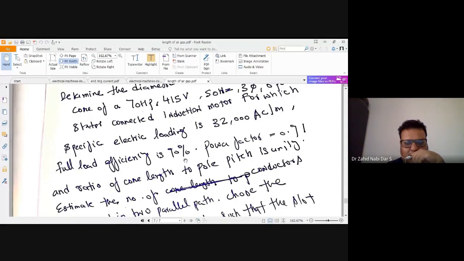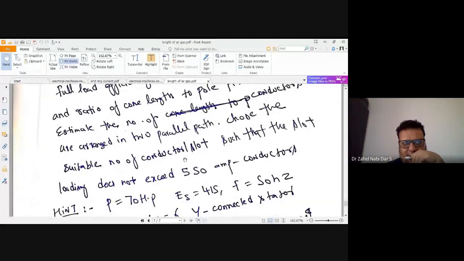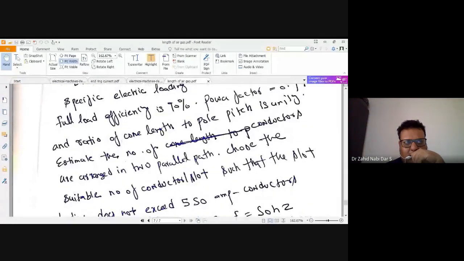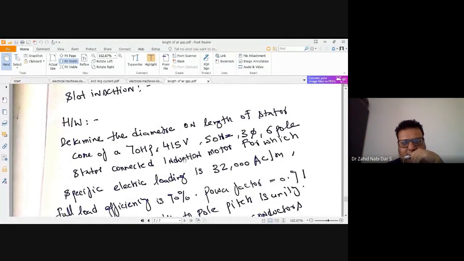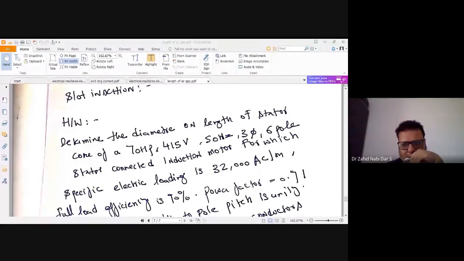Now you tell me one thing. What will be the value of the stator slots? Is it a large induction machine or a small induction machine? Large induction. How do you say it's a large induction machine? Its kV rating is so much. Santosh, you stop. I'm going to Rajat. Unmute. Rajat, he said it's a large induction machine. How does it look like a large induction machine? Give your reason.